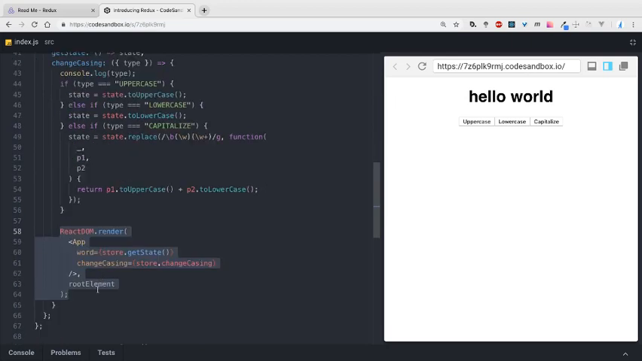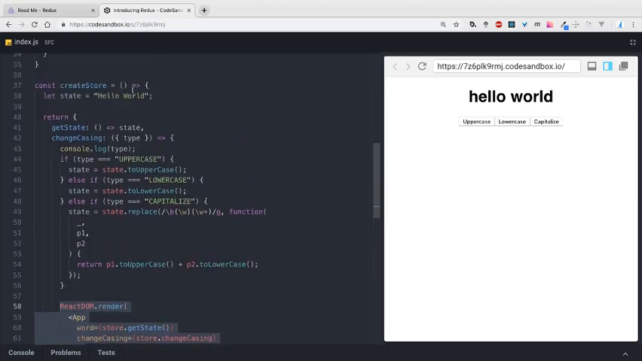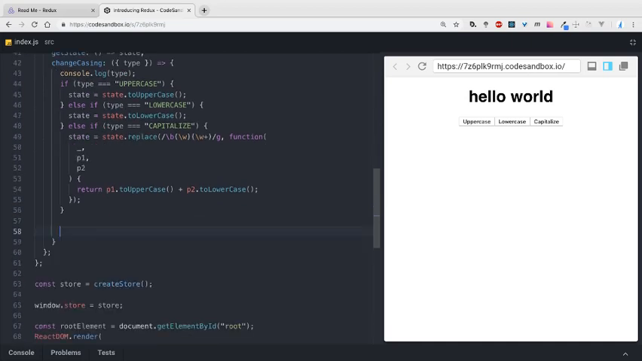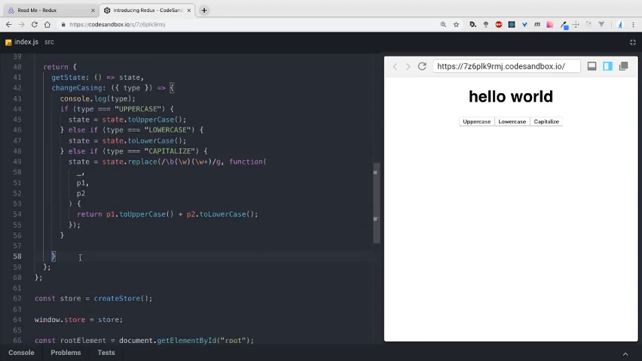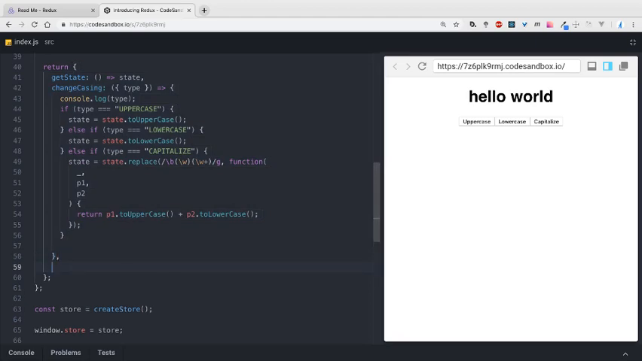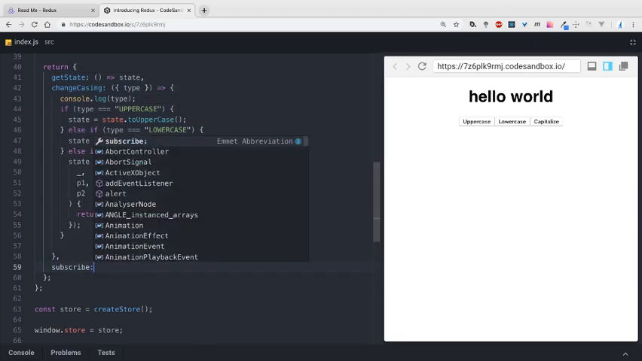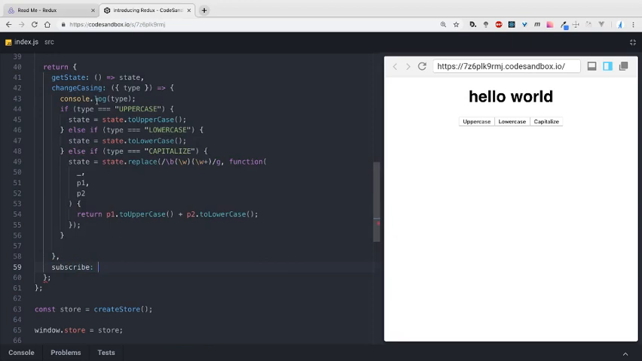So from here, we will only receive the callback function. We can do that by making another method in the returned object, the store object. Let's create a method called subscribe. This will allow you to subscribe for changes. Anytime something changes, we will call the callback function, which will